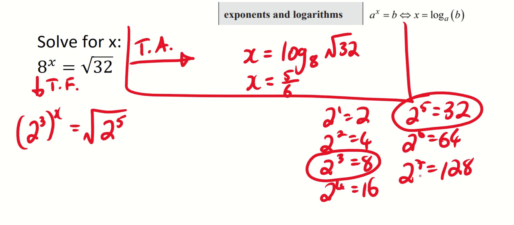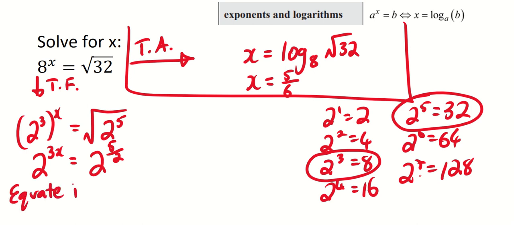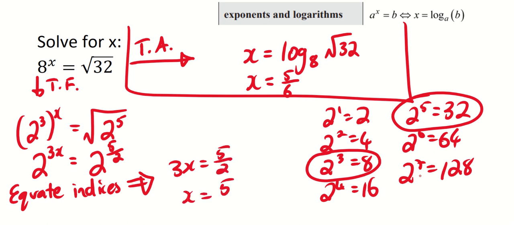So we can apply some index laws. Power of a power, we multiply powers, so 2 to the power 3x. And then our fractional index law, this is 2 to the power 5 on 2. So we're at the point now where we have the same base. So that tells us that we can equate the indices, meaning that these two powers must be the same. Okay, so 3x equals 5 on 2, and then divide both sides by 3 to get x equals 5 on 6